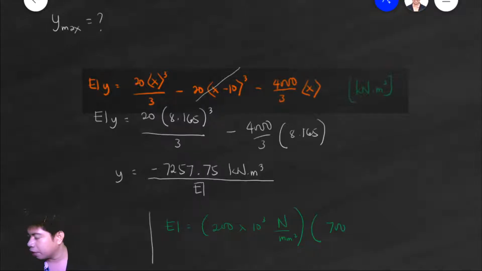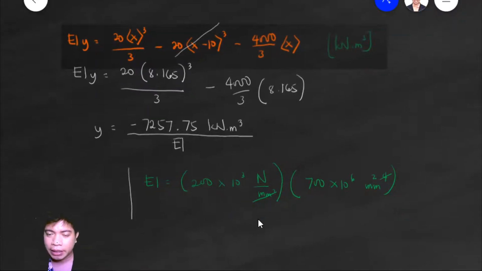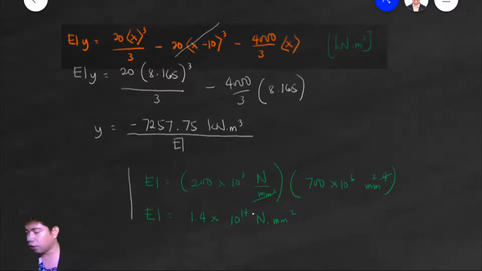Ano nga yung I natin? 700 times 10 to the 6. This is in millimeters to the 4th. Okay, so mga cancel si millimeter square. So millimeter square na lang sa ibabaw yung matitira. Okay, so EI natin guys is equals to, okay, this is 1.4 times 10 to the 14 Newton millimeter square. Okay, so isa-substitute natin guys dito sa taas, kaya lang kailangan muna nating ma-convert nga itong kilonewton